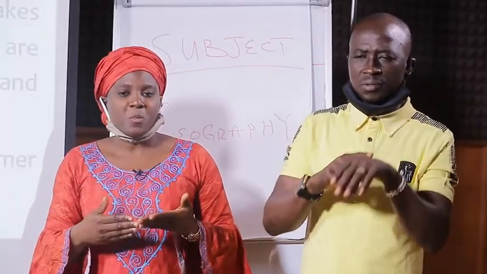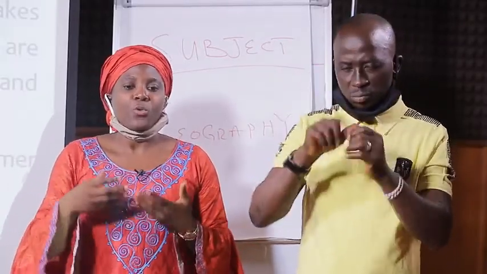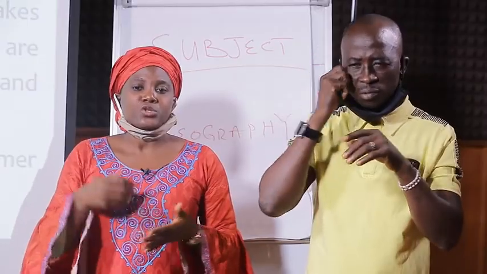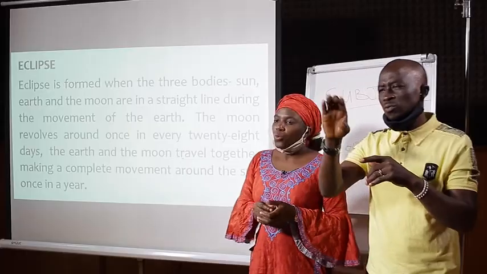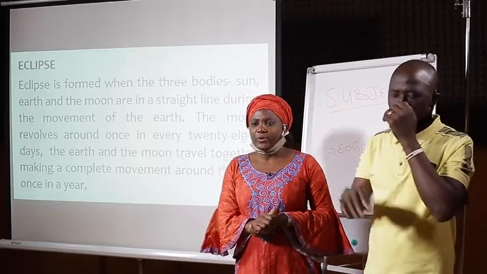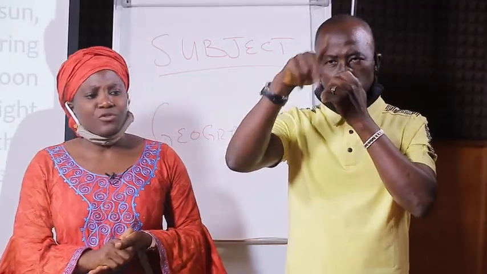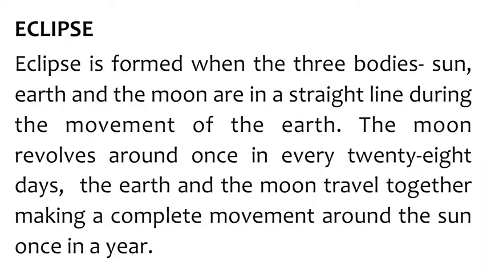So it helps us to remember that around the December period, we're experiencing solstice. Now, we'll look at an eclipse. We've heard of eclipse over the past few years. What is an eclipse? We said an eclipse is formed when 3 bodies, particularly the sun, the earth, and the